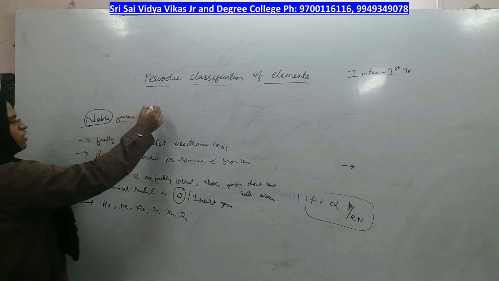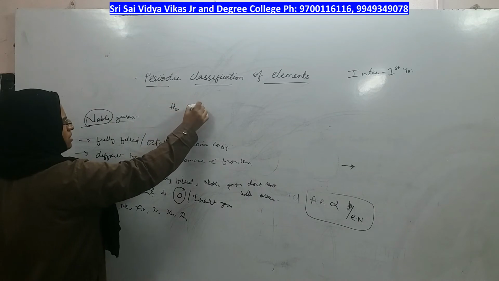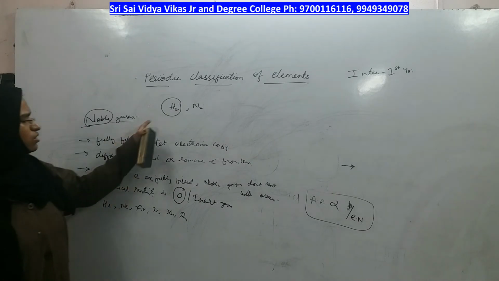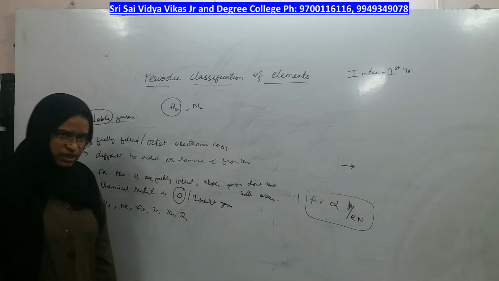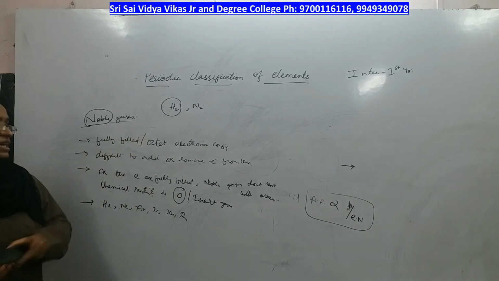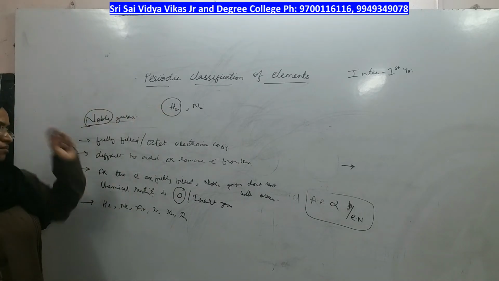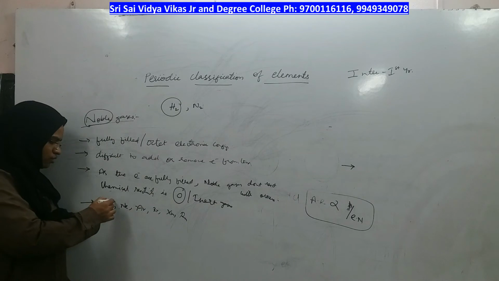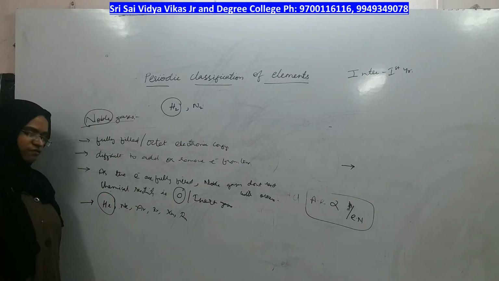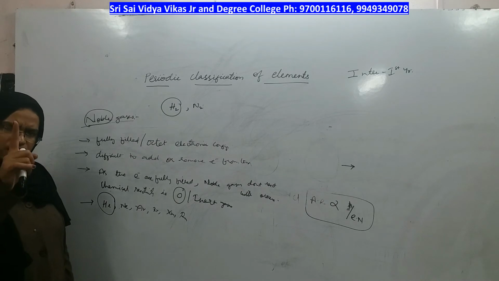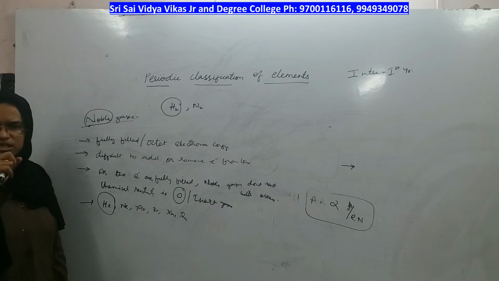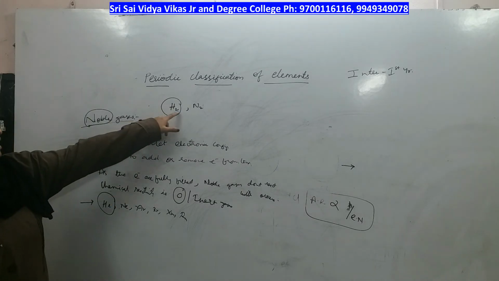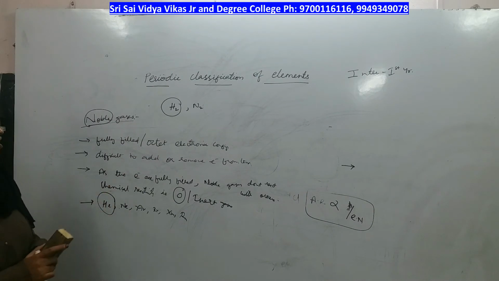As you know, noble gases don't react with others. Take an example of gases like hydrogen gas or nitrogen gas: the gas is formed by the combination of two atoms. Two hydrogen atoms together make a gas molecule, so they are diatomic molecules. But the speciality of noble gases is that they are gases but alone. Therefore, they are called monoatomic gases. A single atom of helium is one gas, another helium is another gas. So this is the special feature of noble gases.